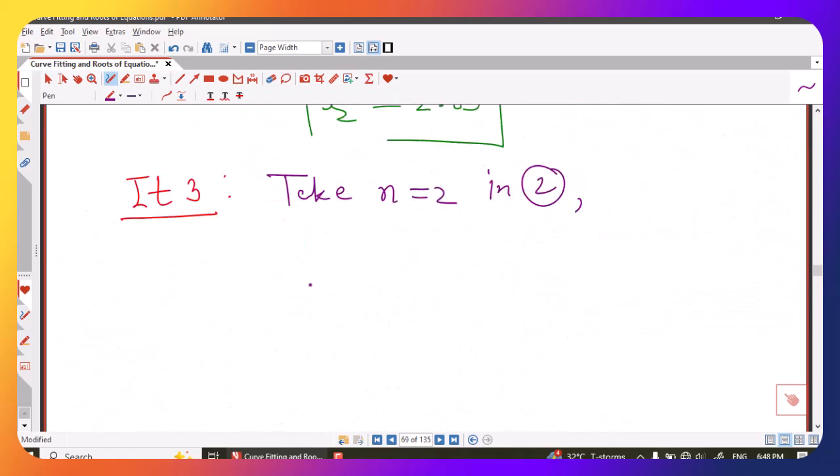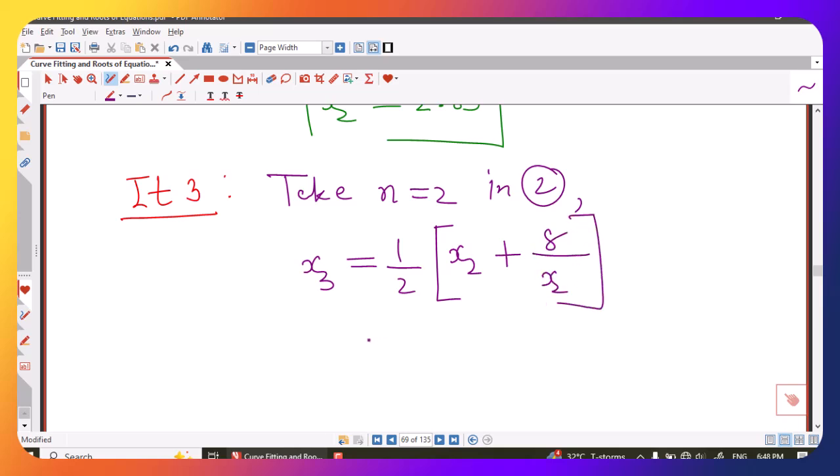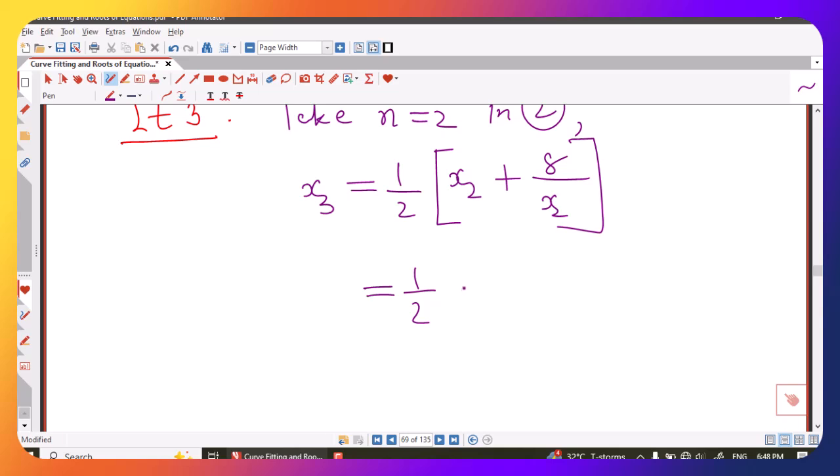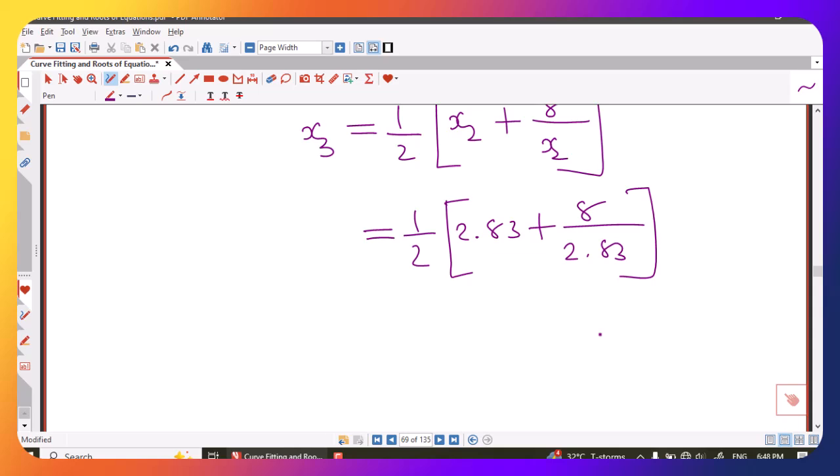So I write here x3 equal to 1 by 2 times x2 plus 8 divided by x2, and now x2 is 2.83. So here we put x2 equal to 2.83, 8 divided by 2.83, and using scientific calculator we find that